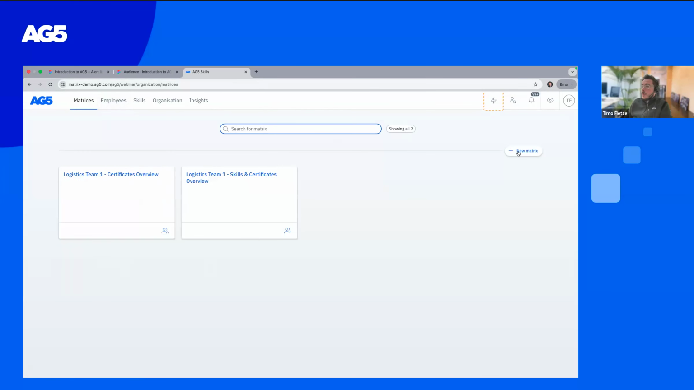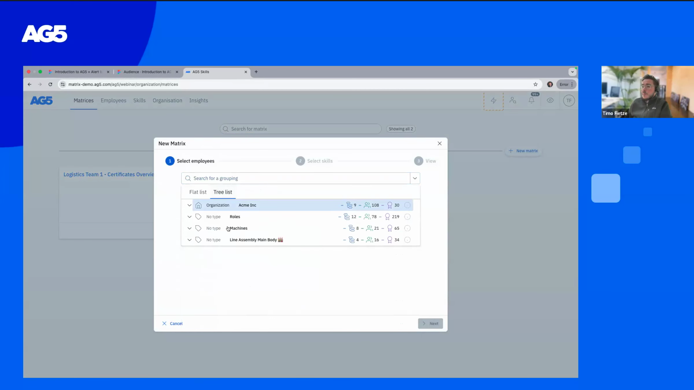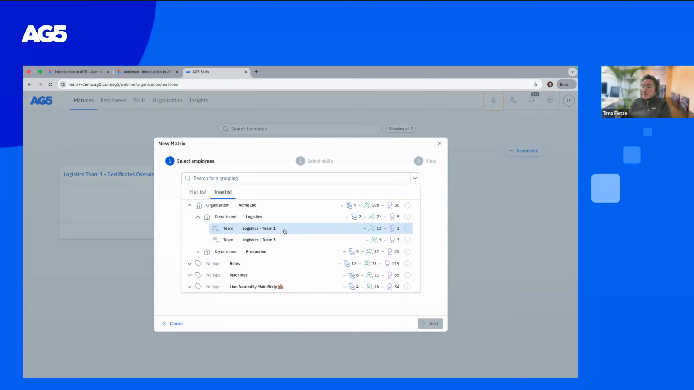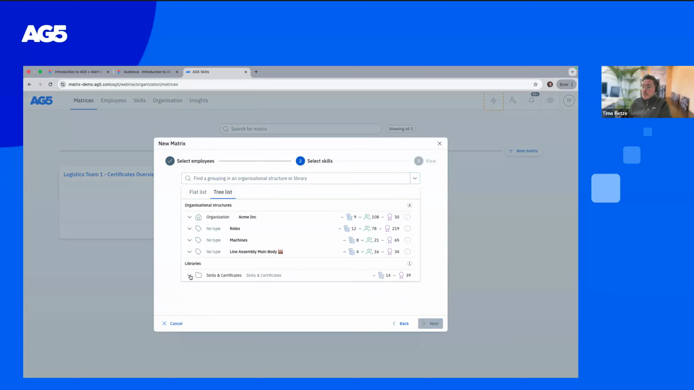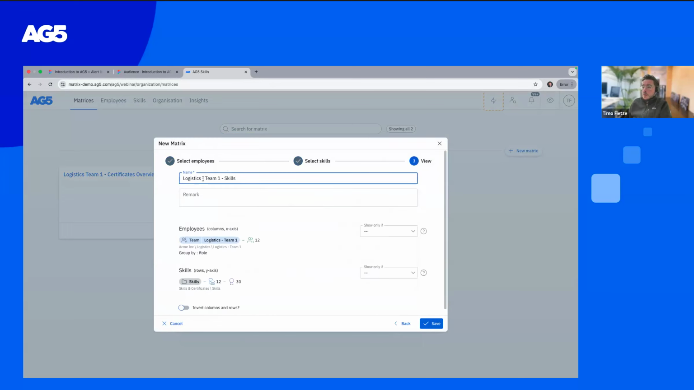Can do the same now for the skills that I have. Again, choosing the logistics team. Again, group it by a job role. And then again, this is why I use proper folders. I now select only the skills, not the certificates. And here I say skills overview,